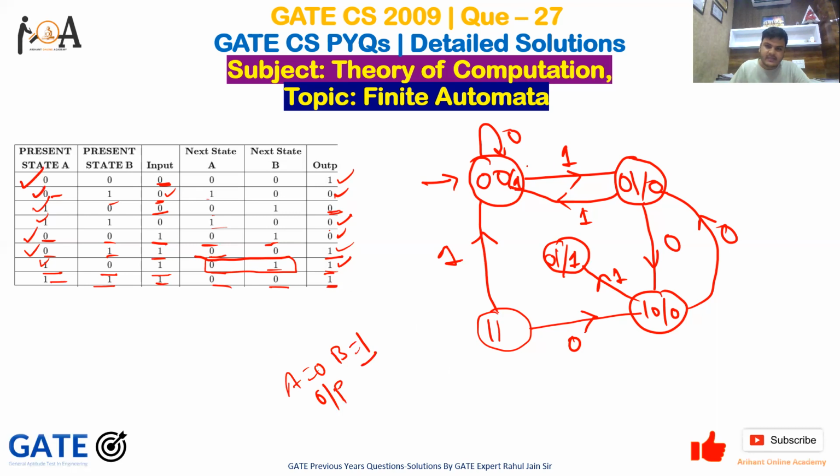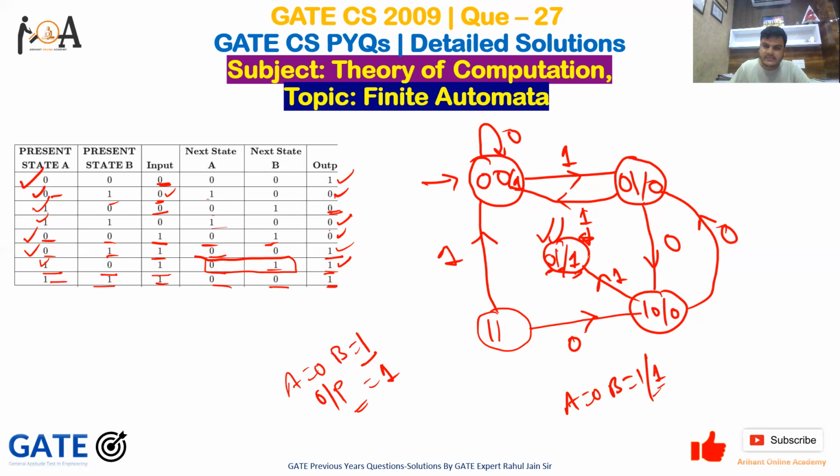You can easily see that a equals 0 is here and b equals 1 is here, and output is 1. This is only this state. We are talking about this state, and the output associated here is 1.